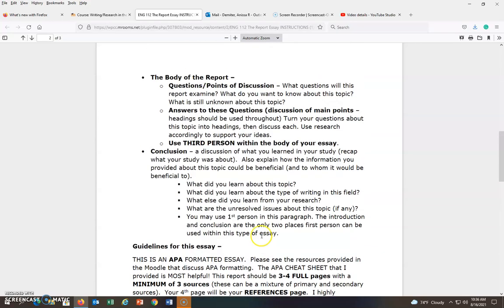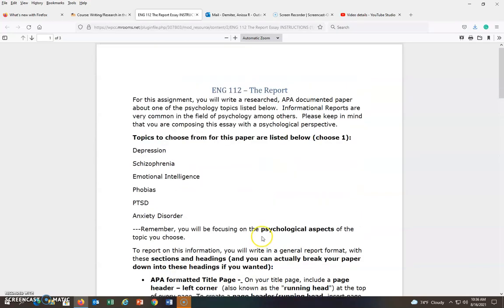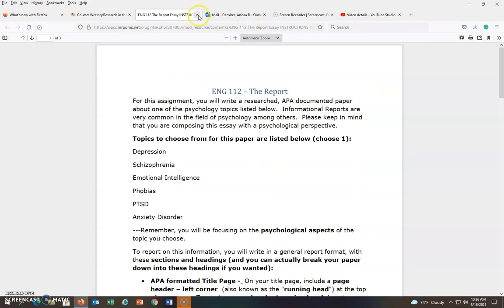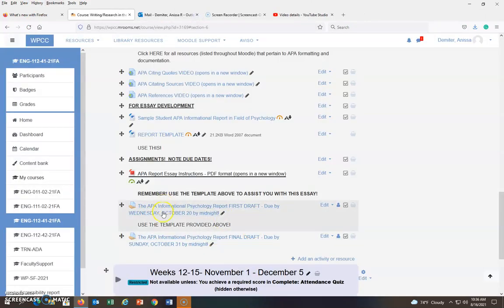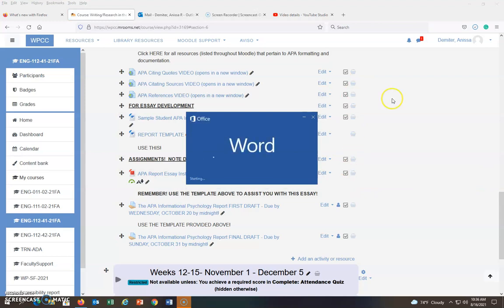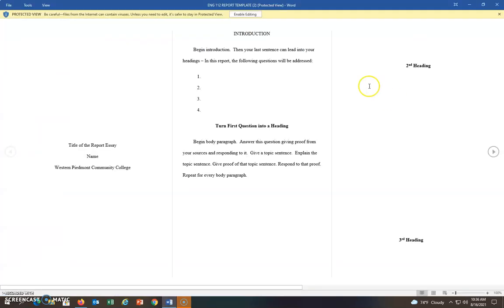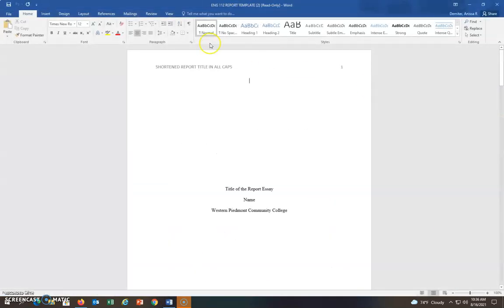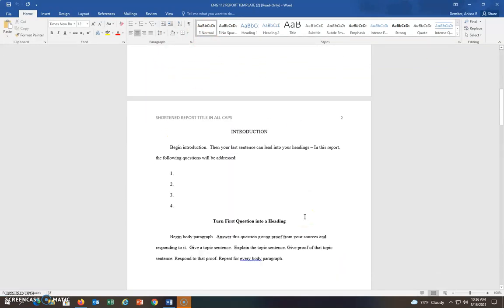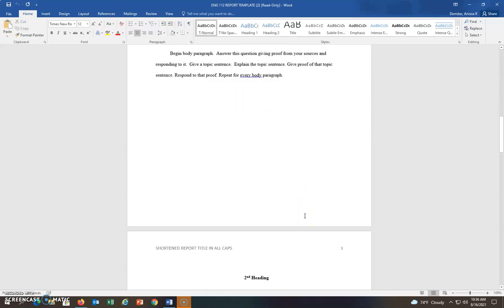And if you look back, I'm going to show you the template up here. This is the report template, and literally type in, change all the wording to fit your report, but then it should be formatted just like this.